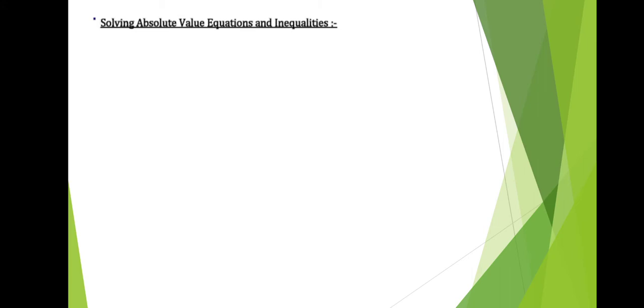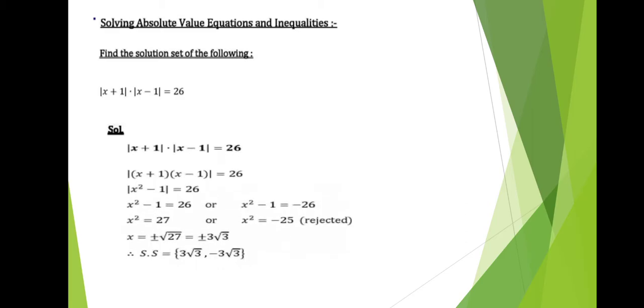Solving absolute value equations and inequalities here. Find the solution set of the following. First, absolute value of x plus 1 times absolute value of x minus 1 equals 26. What we do here, with the two brackets x plus 1 and x minus 1 inside absolute value equal 26, the difference between two squares, I can say absolute value of x power 2 minus 1 equals